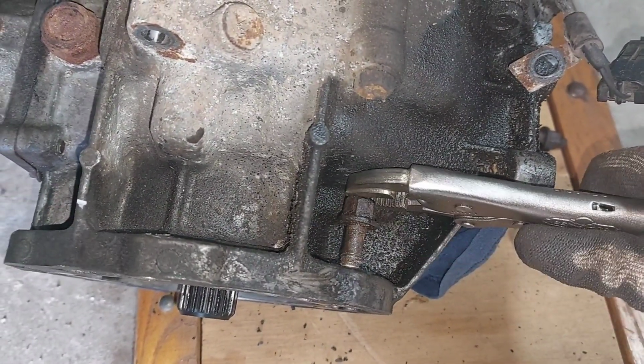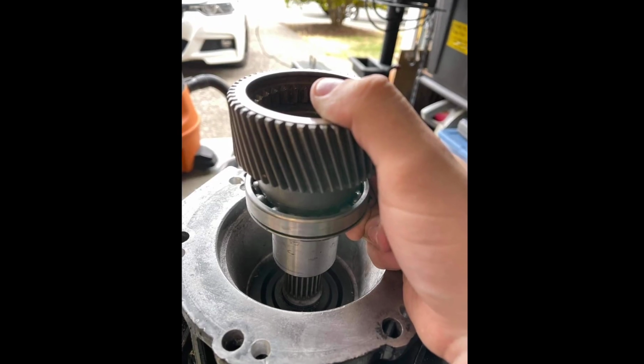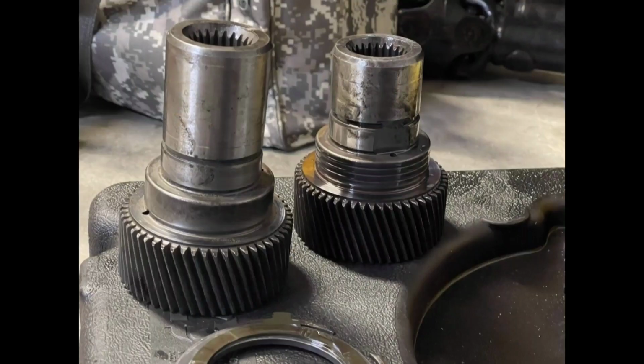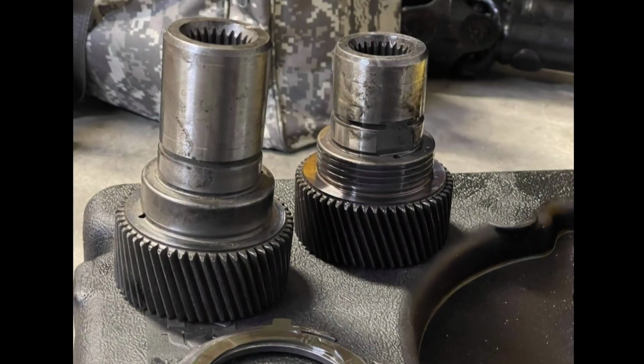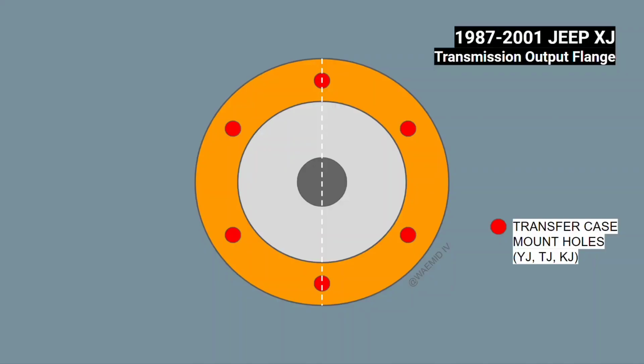For those of you installing an NV3550, you can use an automatic mated transfer case, but you'd be losing spline engagement. So if you off-road to any degree, I would recommend tearing apart the transfer case and installing a long input shaft, which is actually a lot easier than it sounds, just something extra to worry about. Other than the input shaft length differences, all NP231s share the same 6-stud mounting pattern, so you're good to go, except